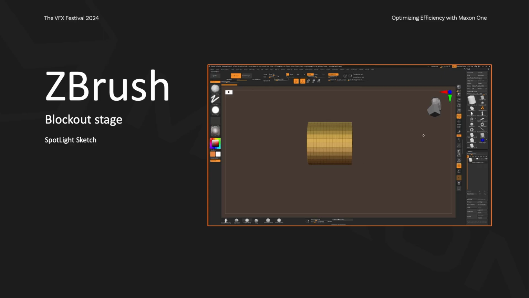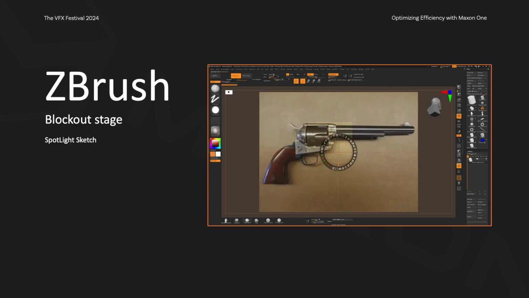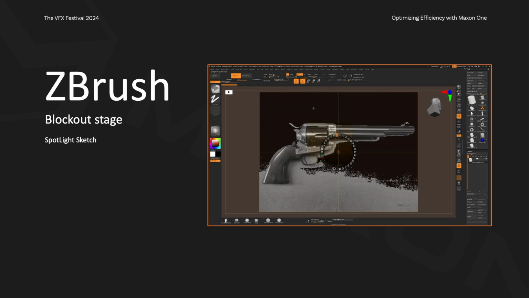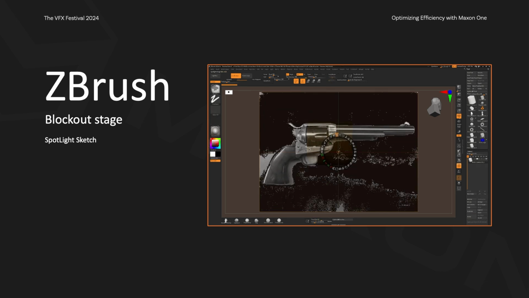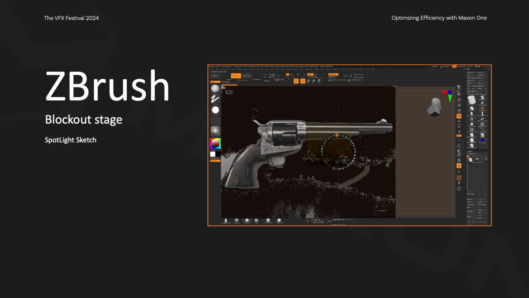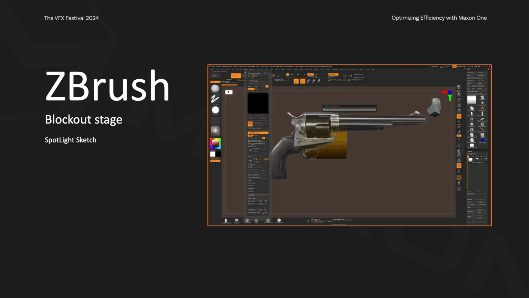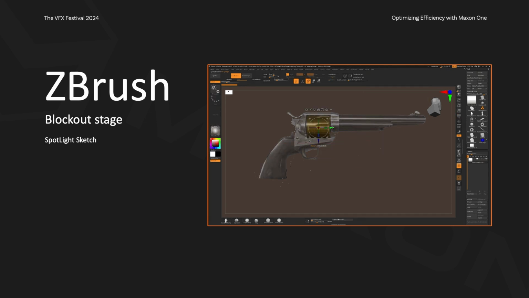So basically what I do is I usually start off with a Spotlight sketch. Like any reference pictures, you have the ability to tweak that directly inside Spotlight. And then using Snapshot 3D, you can actually project that as a mesh, a Dynamesh mesh within ZBrush, and use that for concepting a lot. This is something that I'm very familiar with in terms of workflow for props, environmental props, and in this case,